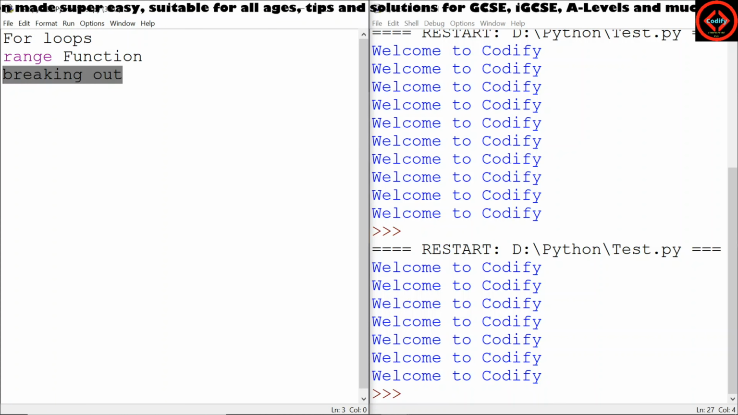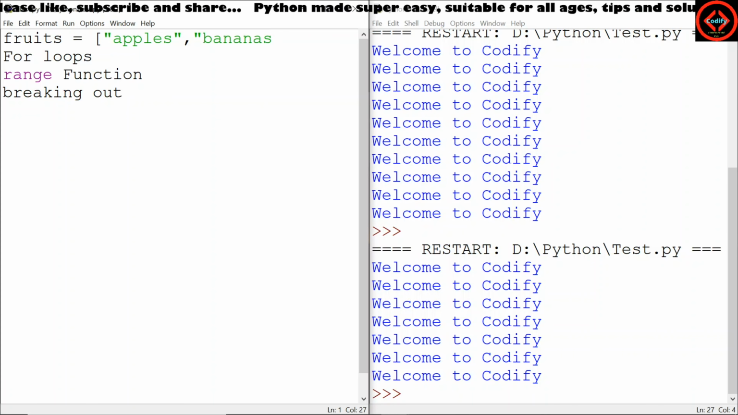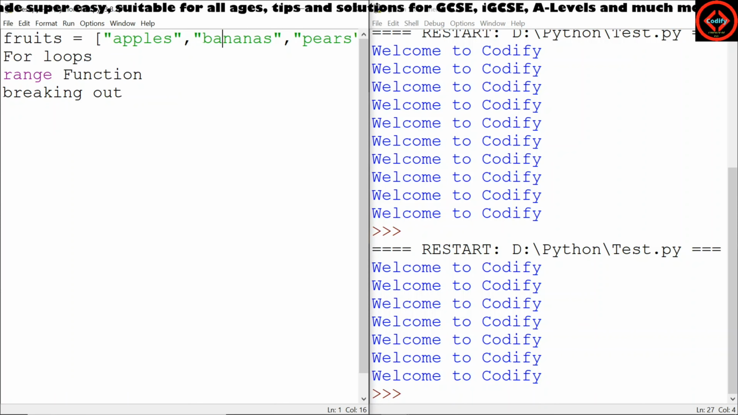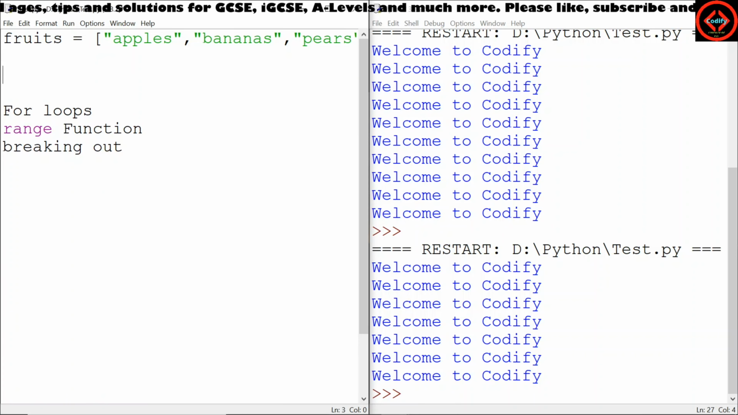Now the reason why you would use a for loop, let's just have a look at an example. A for loop, you usually would use it with a list. So let's just imagine that we've got some fruits: apples, bananas, and let's just say pears. Now what we want to do is loop through each one of those. A for loop is usually useful when you know how many times you're going to go through it, so something that's already there. So for example, we could have